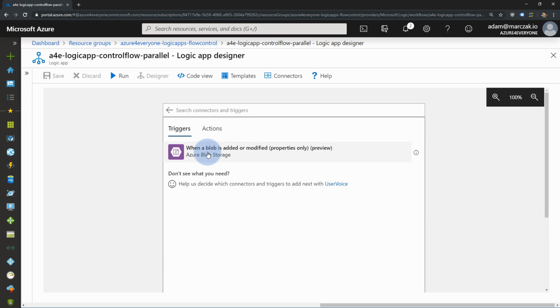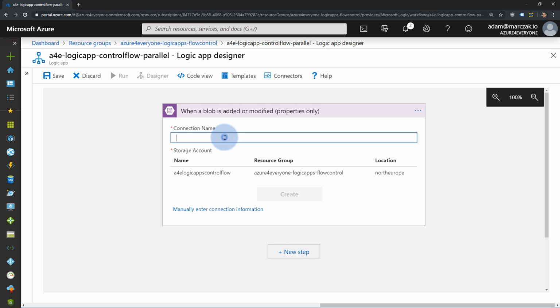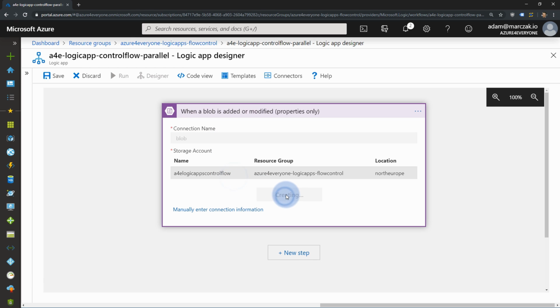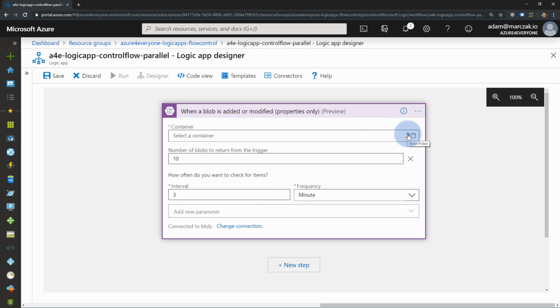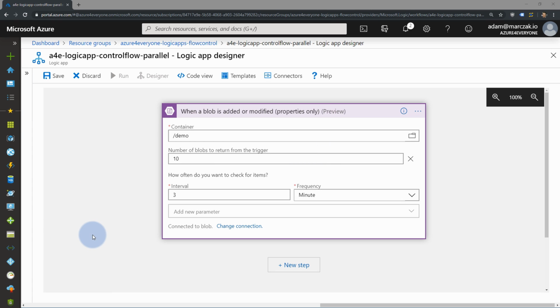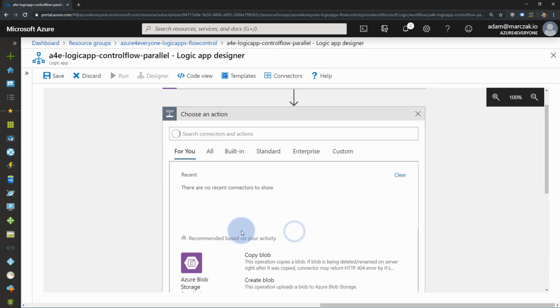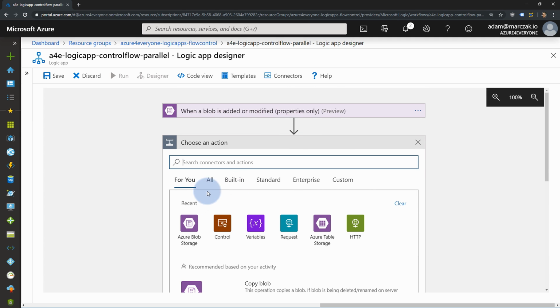We want to trigger whenever there's a new blob added on a storage. I need to create a storage account connection and select my storage account. I need to select a container. That was our demo container. I want to check it every 3 minutes, and whenever there's a new blob, I will do parallel execution,